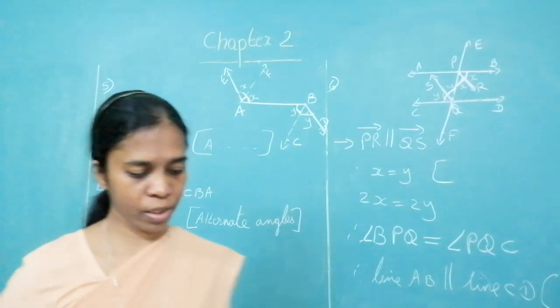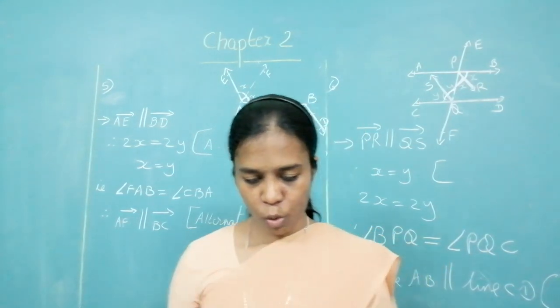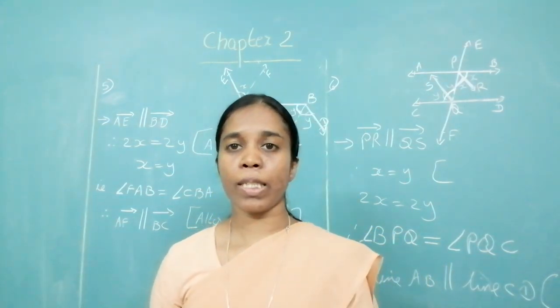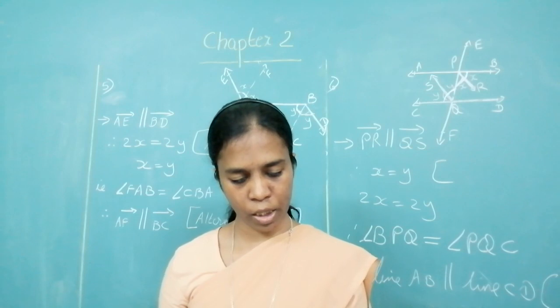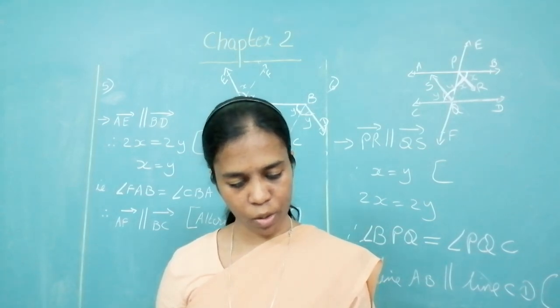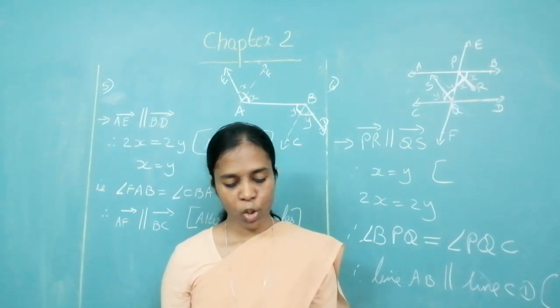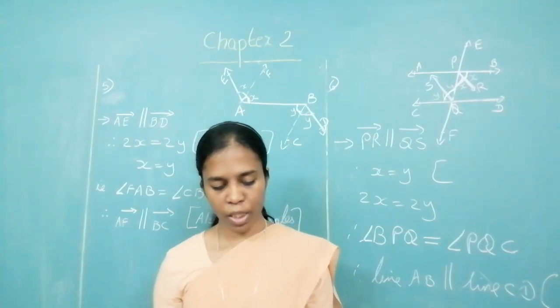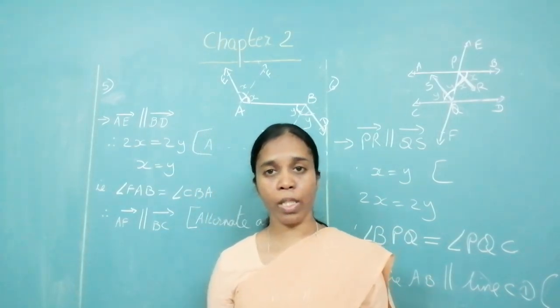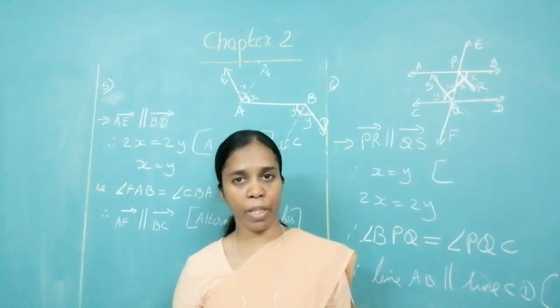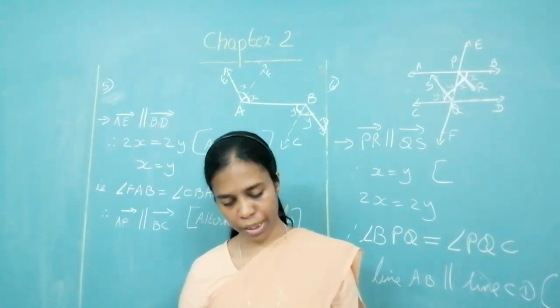Okay, suppose you have done it. With that, the chapter is over. Now what you have over here is some questions from the problem set. MCQs, if you look at it, question number 1. If a transversal intersects two parallel lines, then the sum of interior angles on the same side of the transversal. Interior angles are supplementary. Therefore, it is equal to 180 degrees.